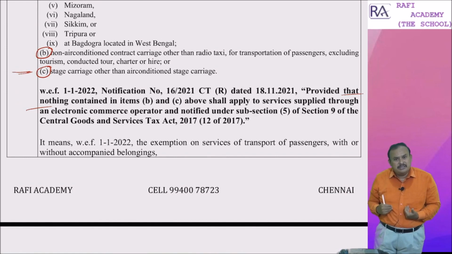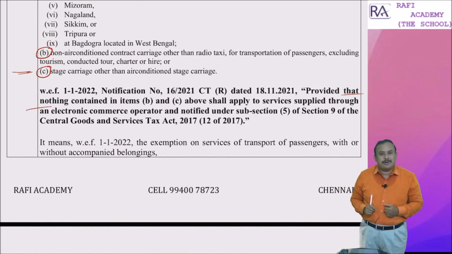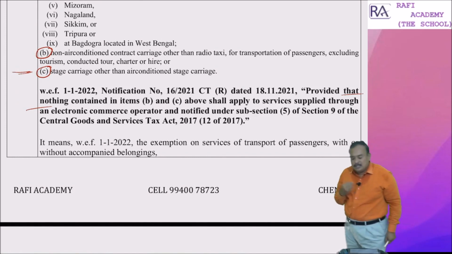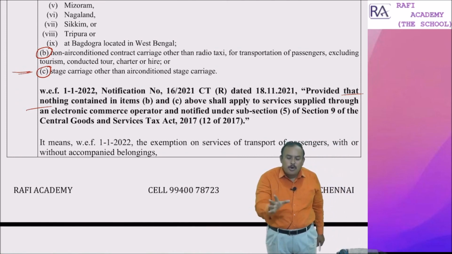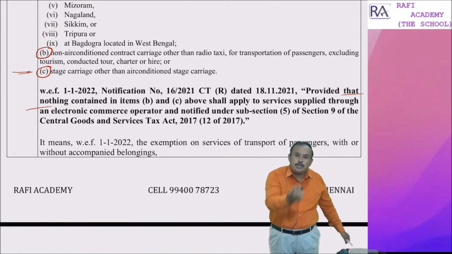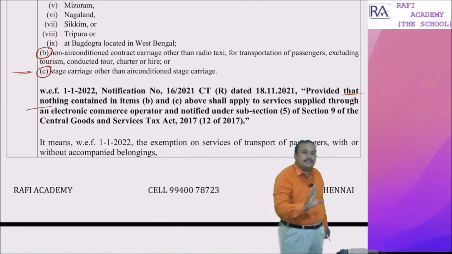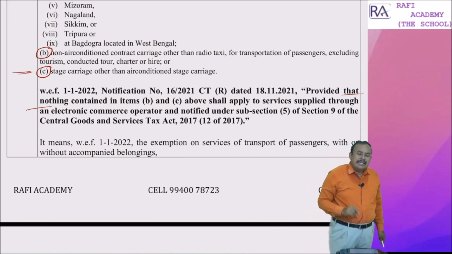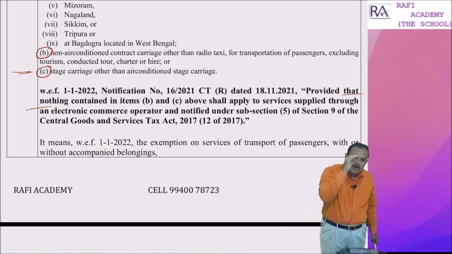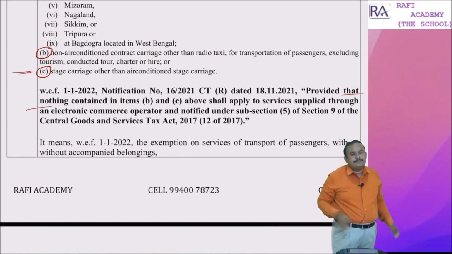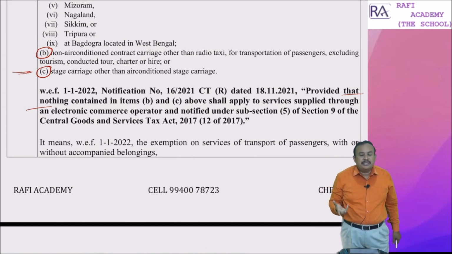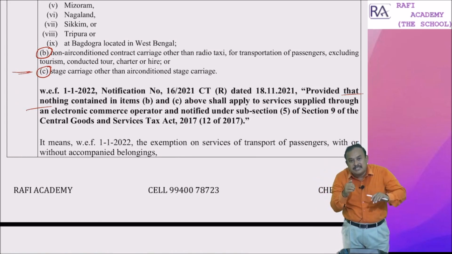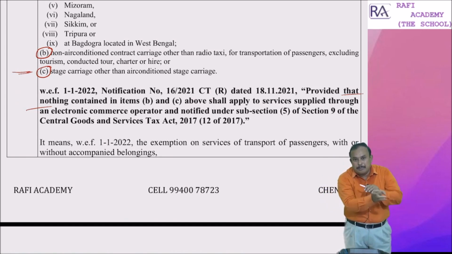If I want to get the exemption, I should not deal through an e-commerce operator. Simple example: my name is Parvin Travels. I am providing transportation of passengers by contract carriage from Chennai to Bangalore, Bangalore to Chennai. In a bus fully non-air conditioned, there is no air condition. If I provide the transportation of passengers in a non-air conditioned contract carriage, I am absolutely exempted from the payment of GST. If I provide these services by selling my tickets through an e-commerce operator,